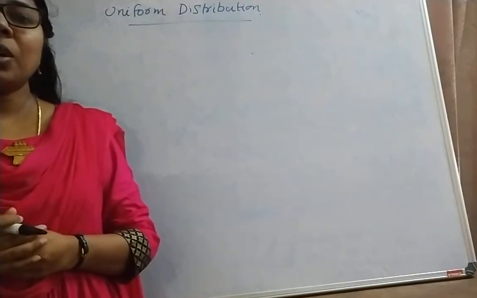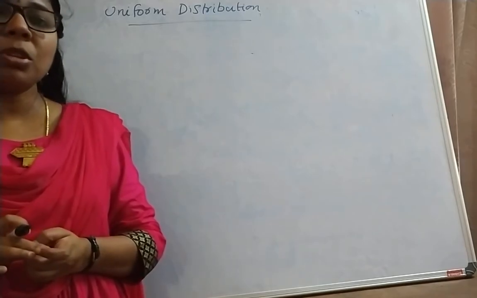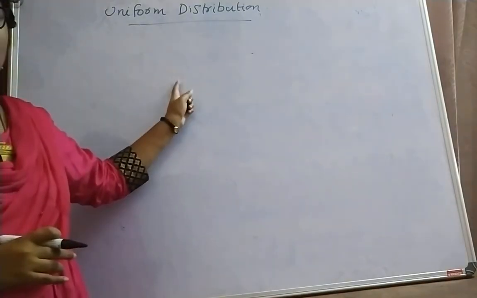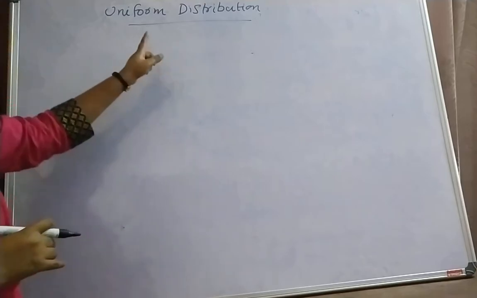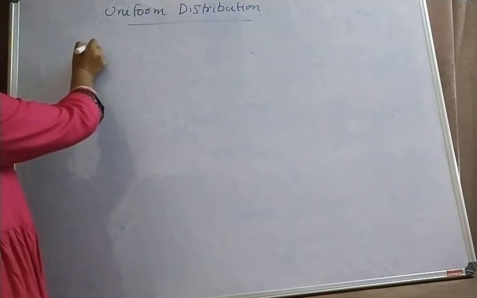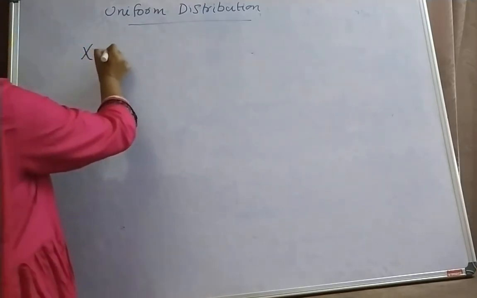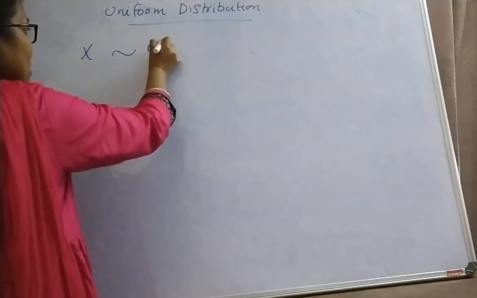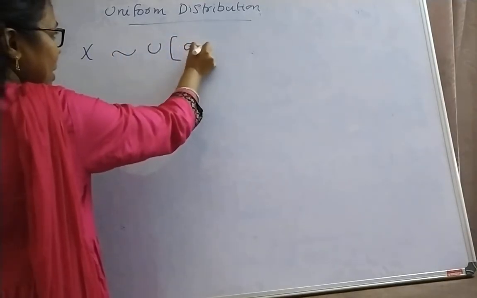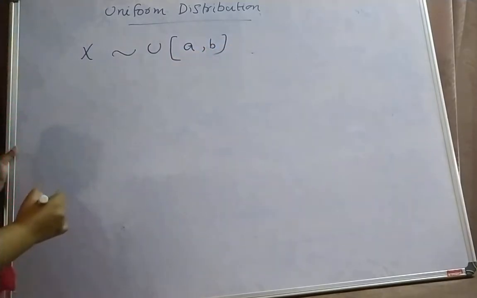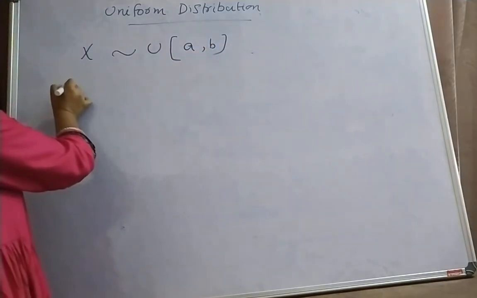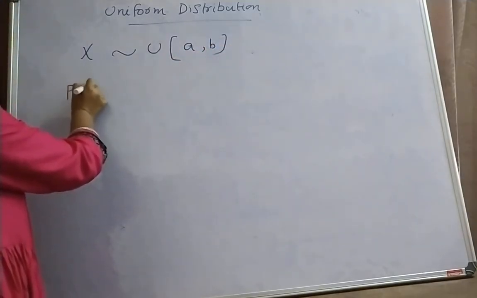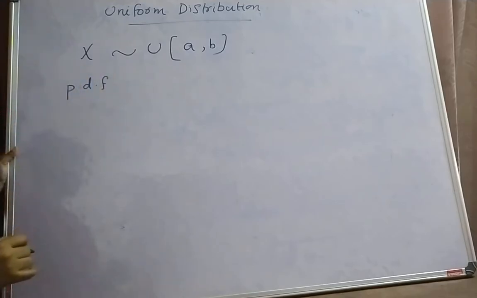Hello, today we are going to discuss uniform distribution. Uniform distribution is a continuous distribution. It has a continuous random variable x. X follows uniform distribution in the interval a, b. Then its PDF, probability density function,